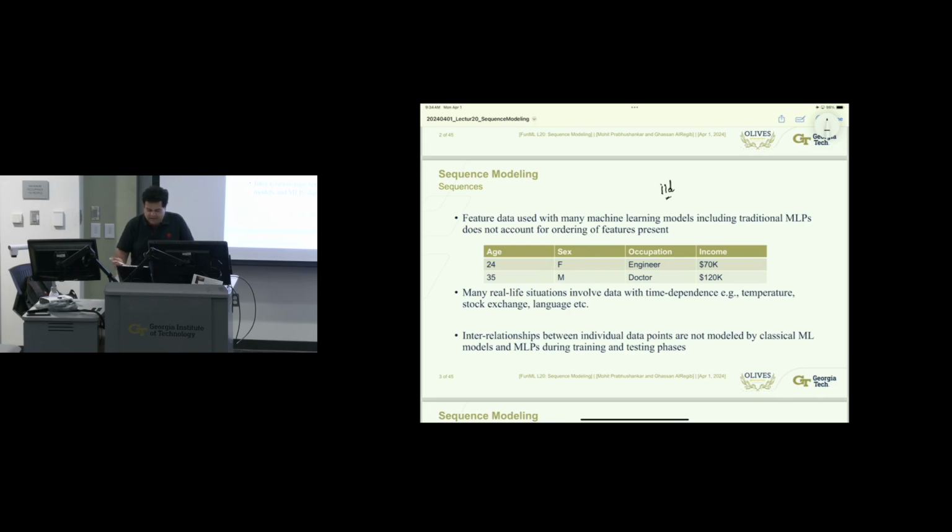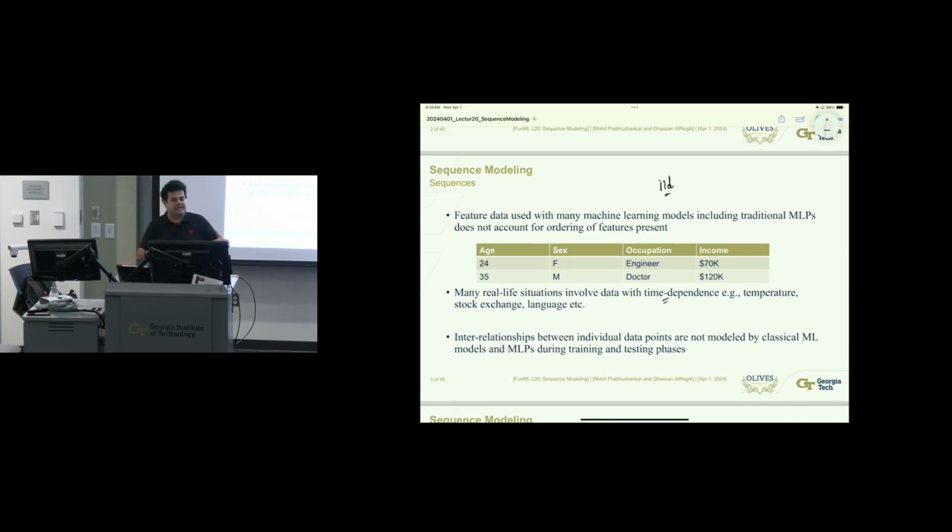So take the first table over here. You have age, sex, occupation, and income. These are the kind of features, the tabular data, that we started off with in our lecture number 2 and 3. In this feature data, for instance, there's no dependence in terms of time. The easiest way we can understand sequence is by this idea of time dependence. As I said, in speech, I've been speaking for the last 4 or 5 minutes, and there is some kind of correlation with respect to time. So what I said 1 minute back, for instance, is more relevant to what I'm saying now versus something that was 4 minutes ago, right? So there is a time dependence